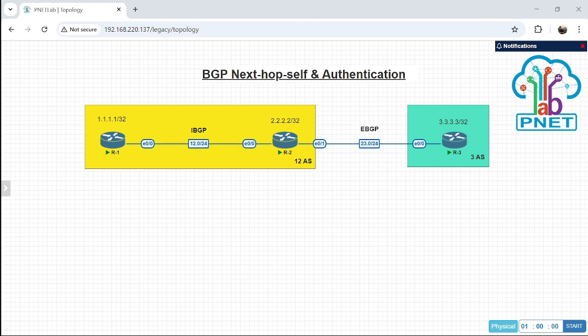we will configure the next hop on router 2. We can type neighbor 12.1, and then next-hop-self, and then enter. So if we try show ip bgp again on router 1, the next hop will be changed to 12.2.